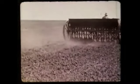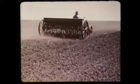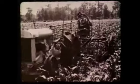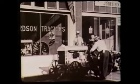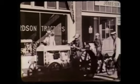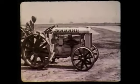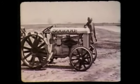Ford called it power farming. He said, "Power farming is simply taking the burden from flesh and blood and putting it on steel and motors." This was the beginning of a new age. After Britain's tractors were delivered, mass production made the Fordson available at low cost to American farmers. They took to it on sight. Down the years, the manufacture of this revolutionary tool continued in high gear. And by 1925, no less than 500